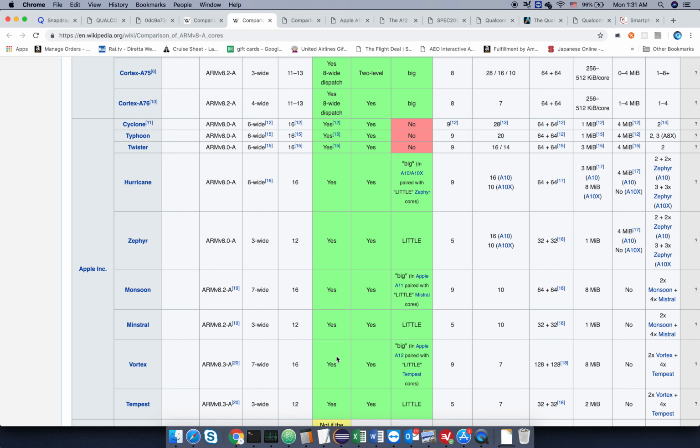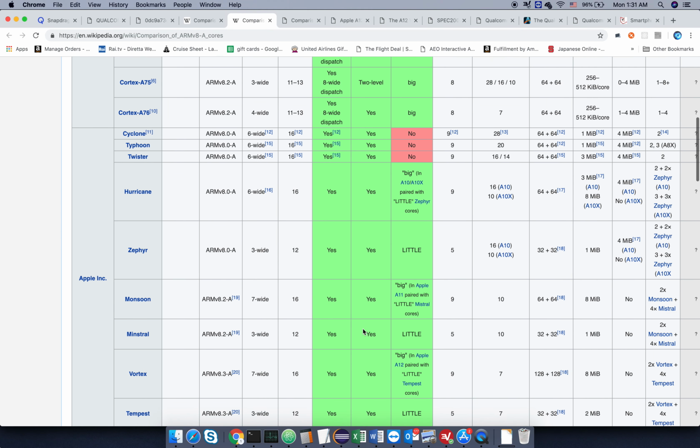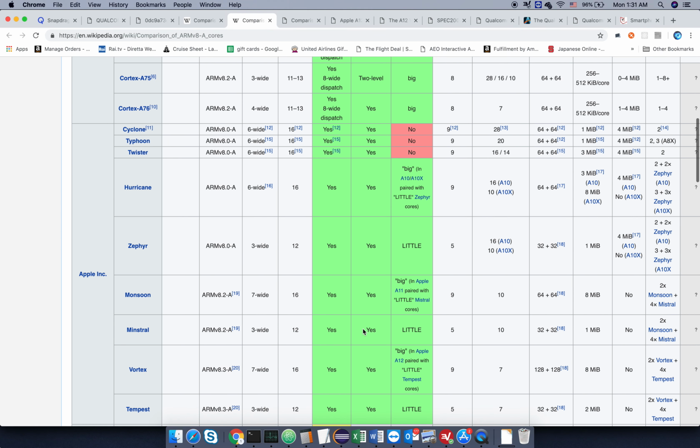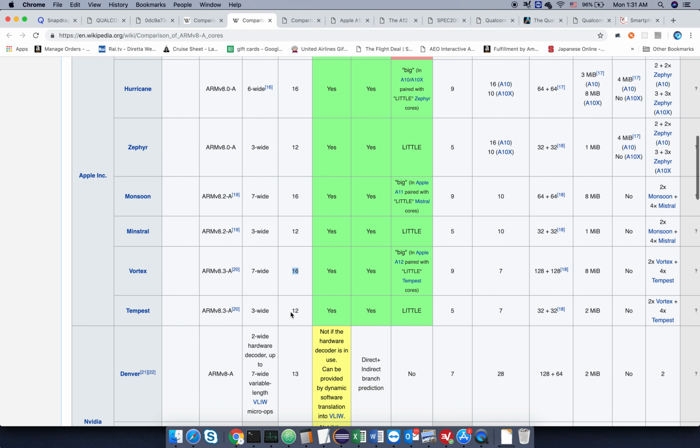So these are data dependencies, and you have to resolve these. You cannot overcome data dependencies. You can overcome a lot of other things like control dependency by this thing called branch prediction. We won't get too much into that. It's very involved already. And the other thing is the pipelining. This thing has 16 stages of pipelines instead of the normal 13, 11, or 15. And what does that buy us?